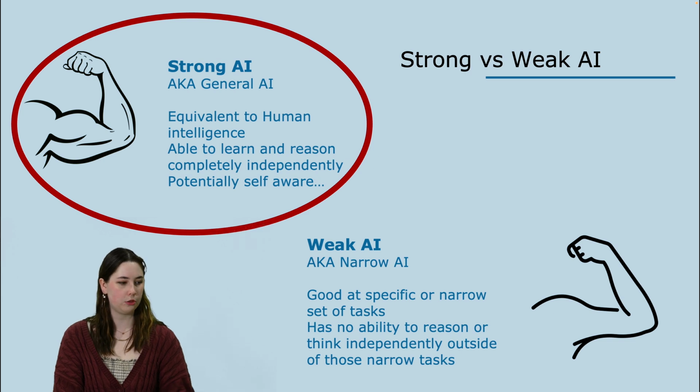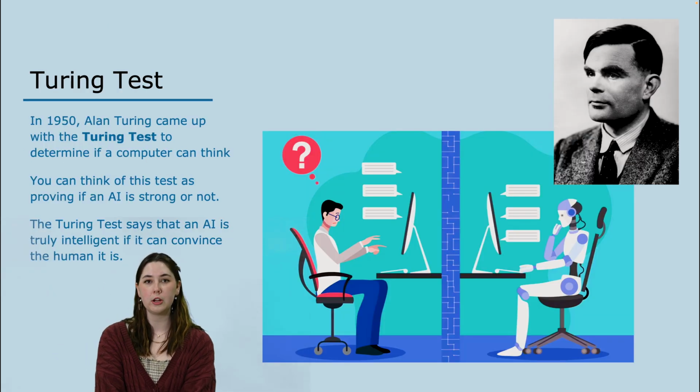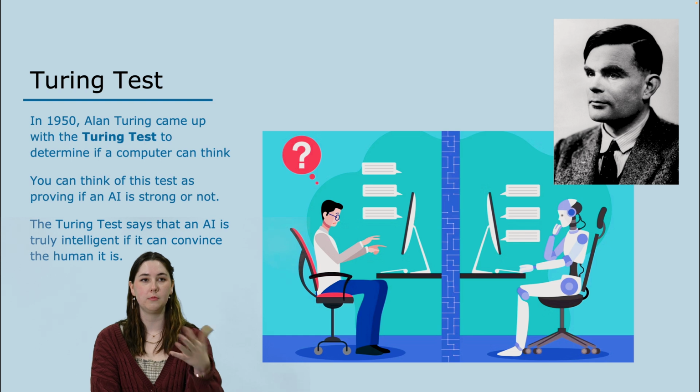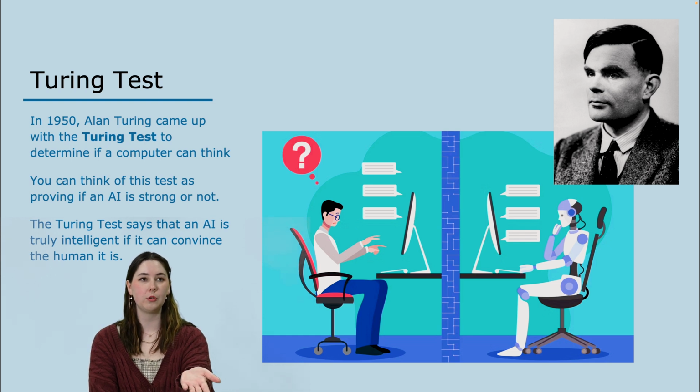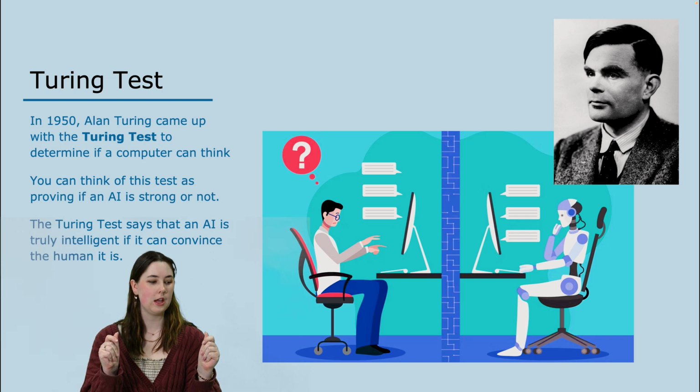So our first thought behind this is the Turing test. Some of you may be familiar with Alan Turing. You might have seen him as one of the mascots for your breakout rooms. So Alan Turing was a genius. You might have seen the movie about him, The Imitation Game, which is actually named after the Turing test. Alan Turing came up with this in 1950, where he wanted to understand if a computer can think or not.